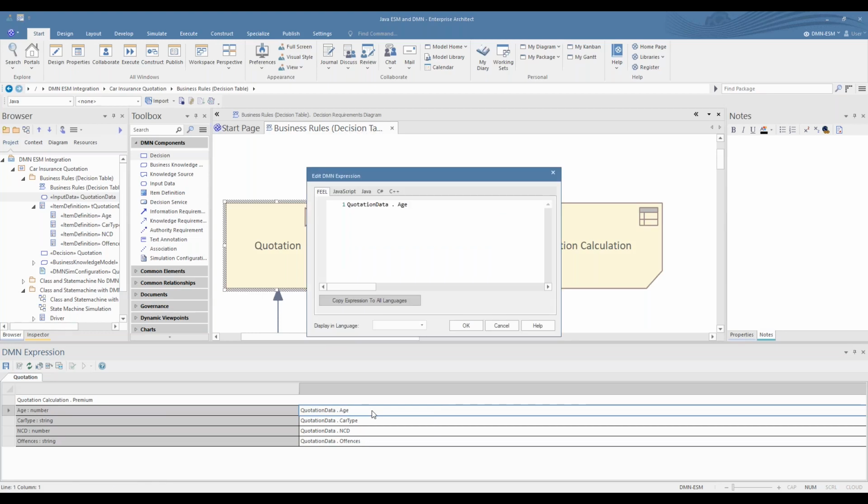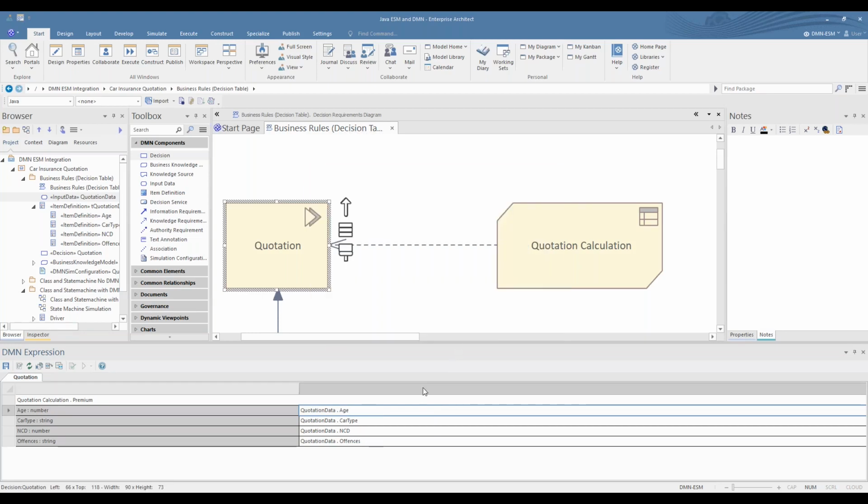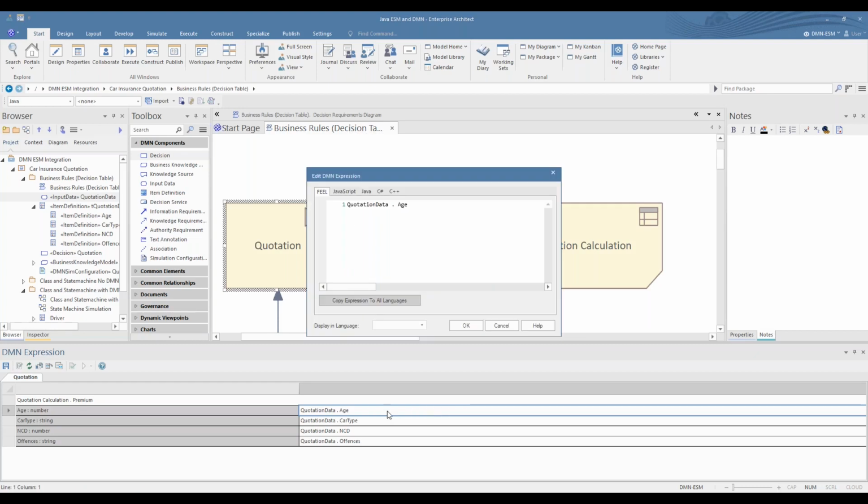Right click and edit the expression. I'll do that again. You right click, edit the expression, and the expression is written in a language called FEEL. Now, this is going to catch your object-oriented programmers out, because the notation is owner space dot space value. So here you'll see there's a space either side of the dot. And this basically says that the input to the decision table is quotation data age.